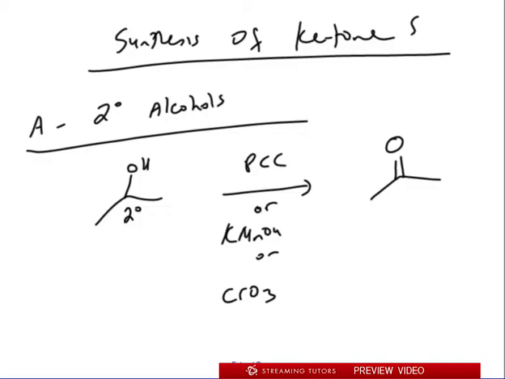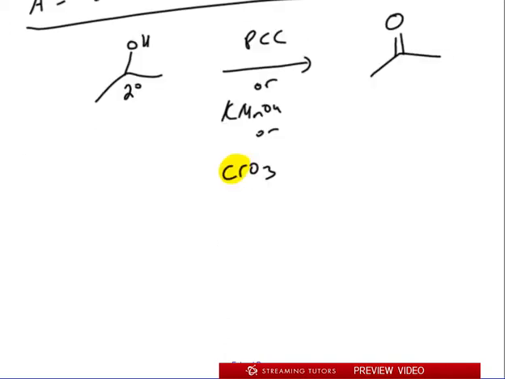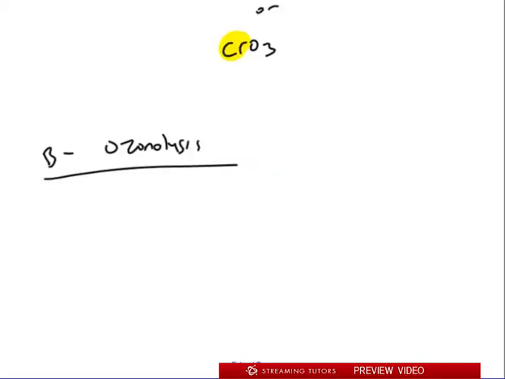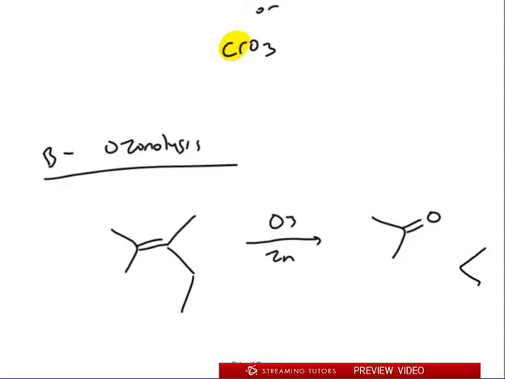And by the way, any Cr group, not just CrO3, any Cr. So if you see a chromium, then you know it's oxidation, right, from last semester. This is all review from last semester. Okay, B is ozonolysis. So if you have an alkene that has no H's on it, right? So let's say like that, and you write O3 and zinc, then you're going to get double bond O on both sides of this, right? So really the same thing twice. I can make it look different like that, but the key is you make ketone. So ozonolysis always breaks